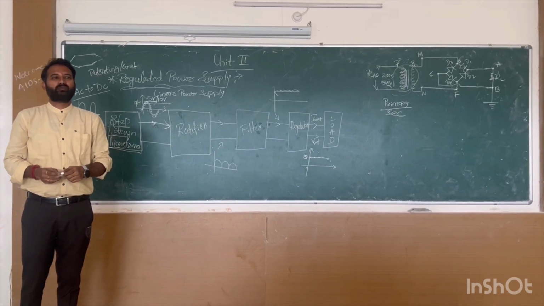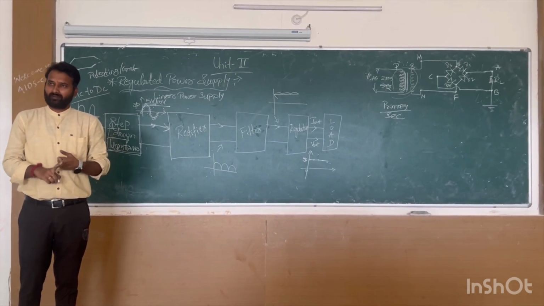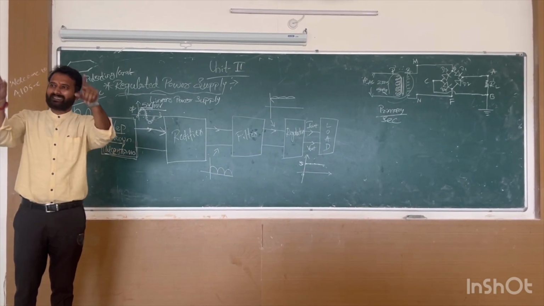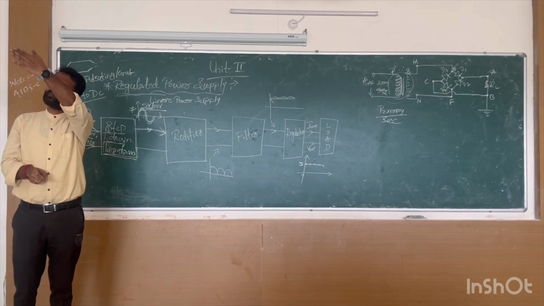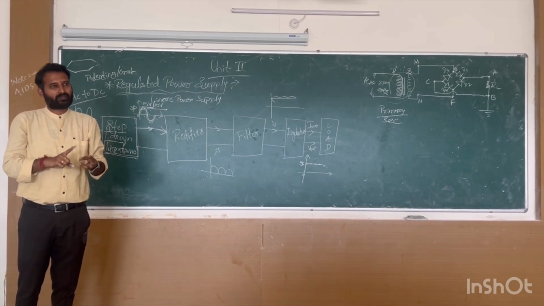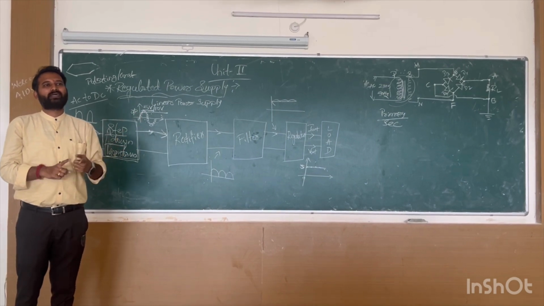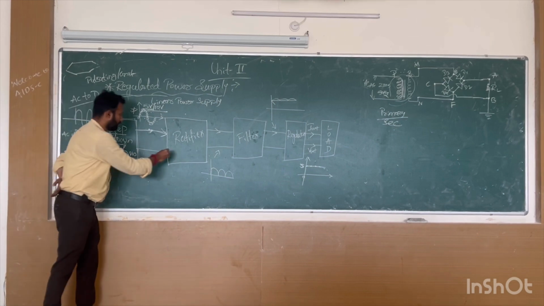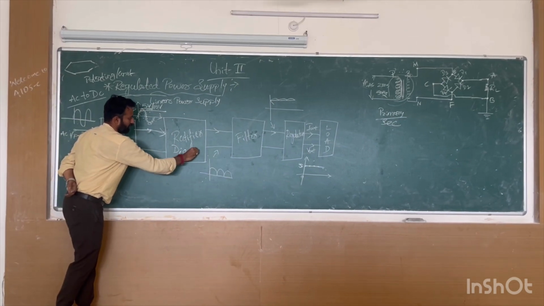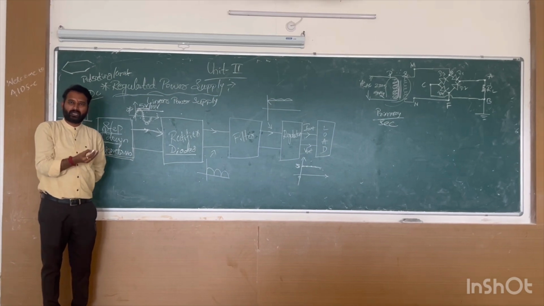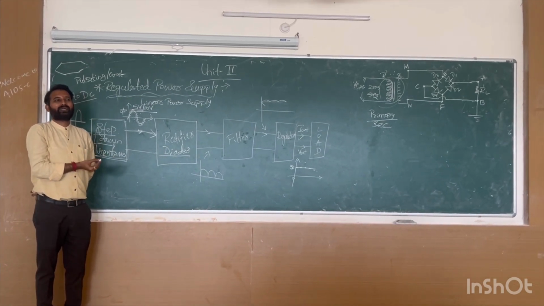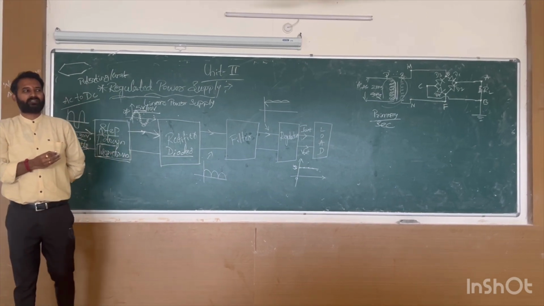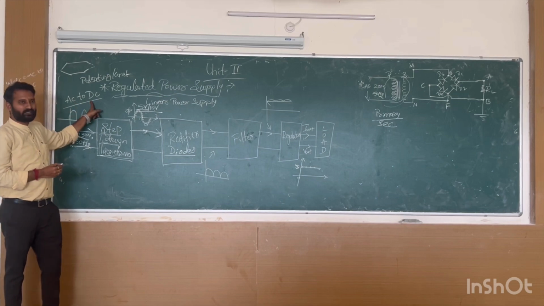What will the rectifier do? Let me tell you. Rectifier is an electronic device. It's an electronic component. Your watch is an electronic device. The CRO which you use in your lab, the AC which you use in your home, those are electronic devices, electronic components. Rectifier is an electronic device which is made up of diodes, which carries out the rectification process. Rectification means conversion of AC to DC.